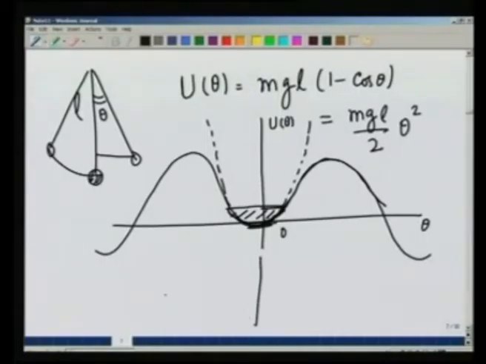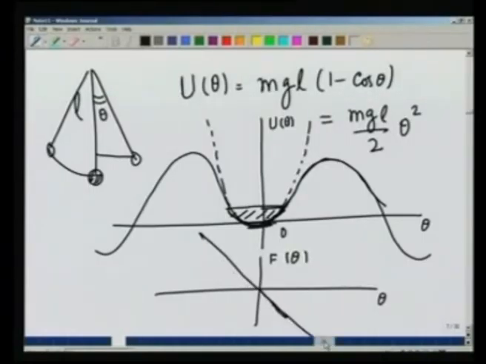How about the force? Again we are approximating the force to be a linear force, but as you go far away the slope goes down, and therefore the real force is something like this, and then it oscillates. So again, for a good range of theta, the force is linear in theta, and therefore simple harmonic motion is a good approximation for low displacements. In these lectures we are going to talk about the simple harmonic motion,